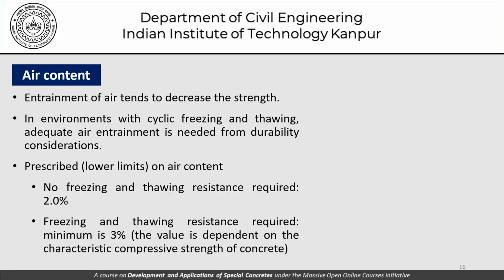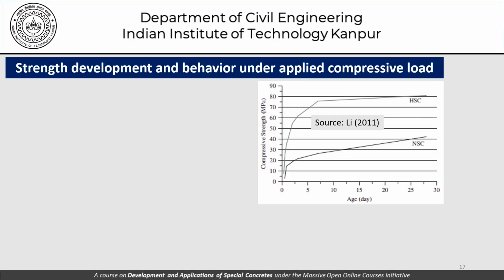we may like to have a minimum of 3% air, and the value could depend on the characteristic compressive strength of concrete. So it depends on really what kind of strength we are talking about within the high strength concrete domain when we are talking in terms of air content, keeping in mind the fact that increasing the air content will have the deleterious effect of reduction in the strength value. Now let's talk about strength development and behavior under applied compressive load as far as high strength concrete and